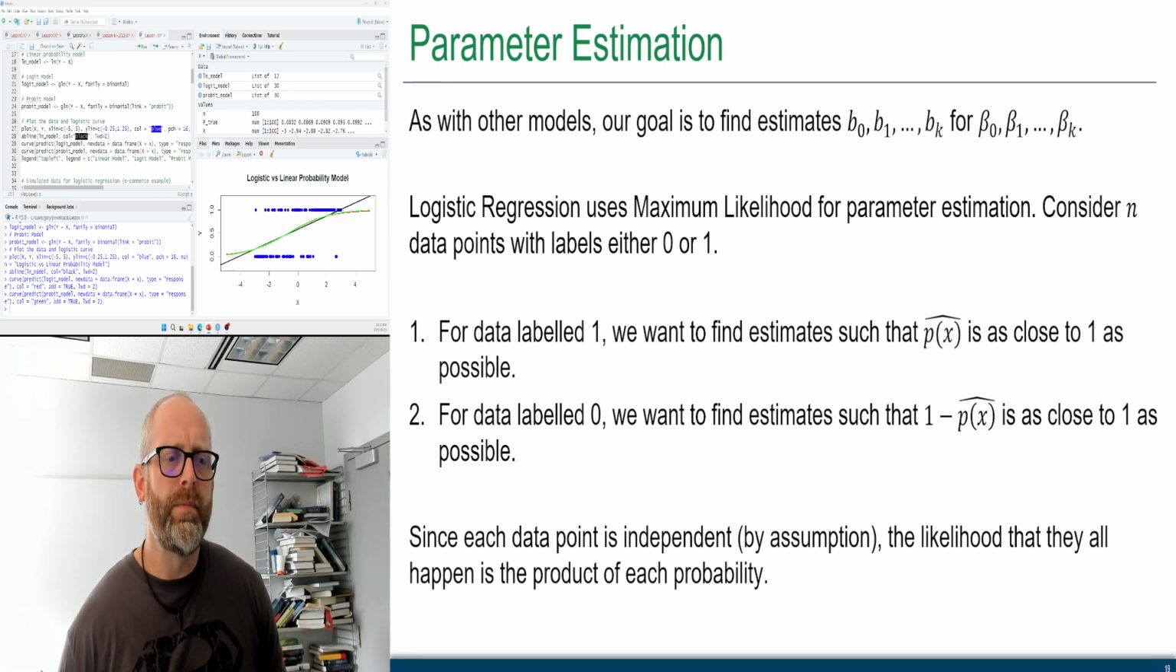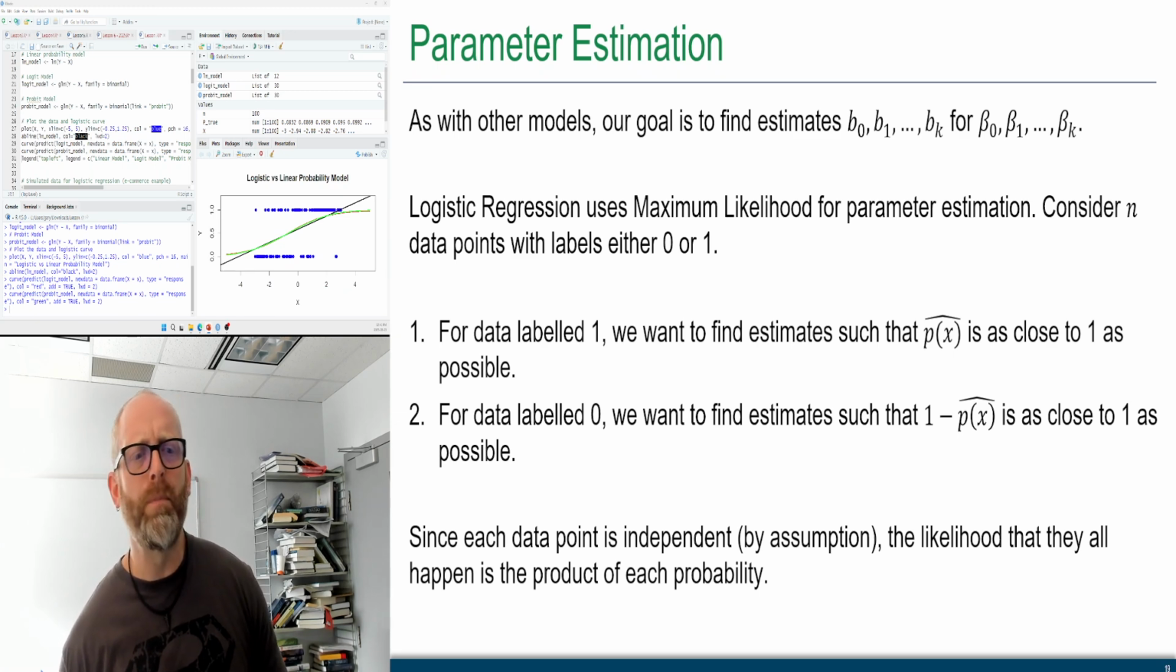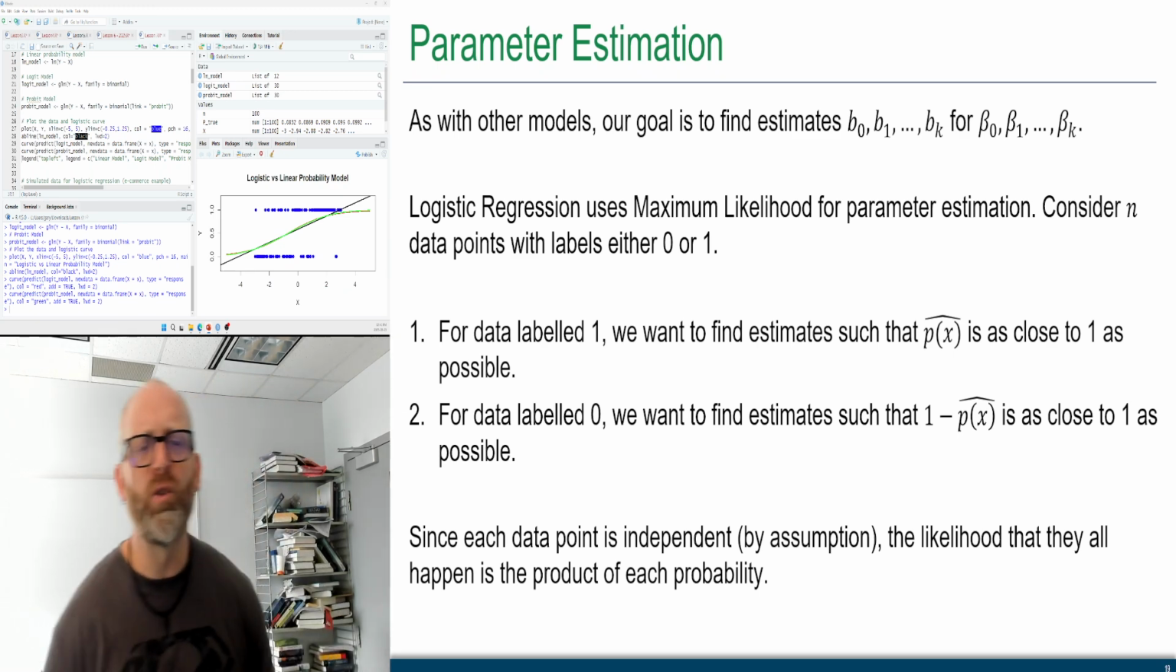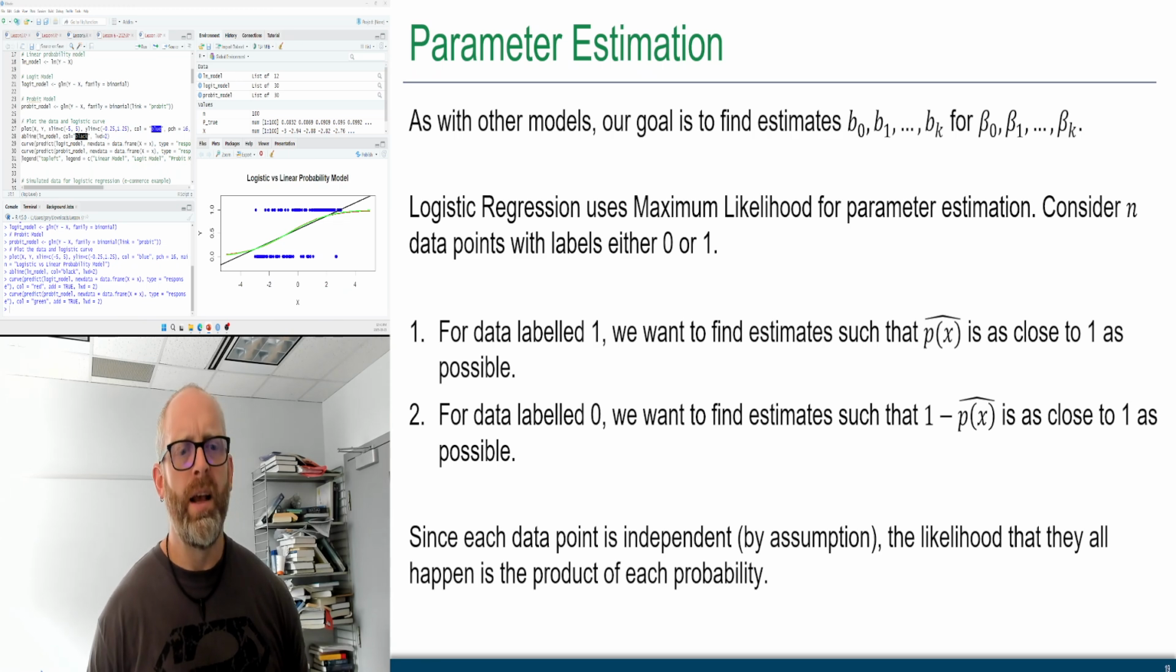Logistic regression uses maximum likelihood for parameter estimation. So consider n data points, and we'll label those data points with labels either 0 or 1. So I have 10 data points, and those data points can be 0 or 1. That's it, binary. So let's take those 10 data points, or those n data points, we're going to break them